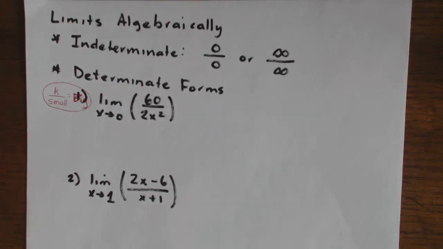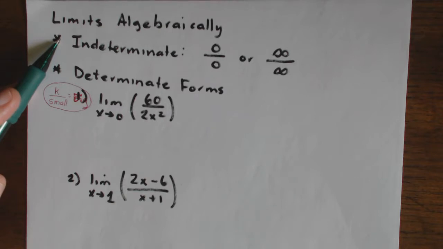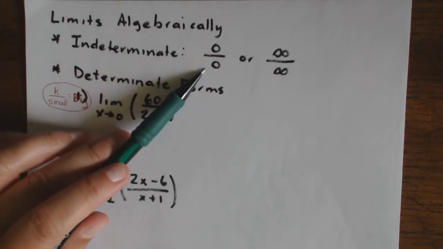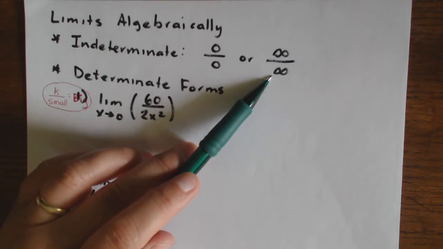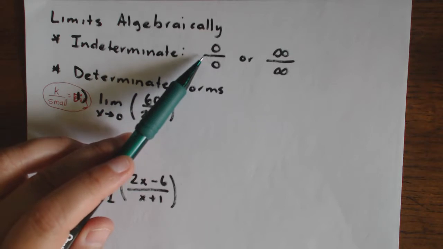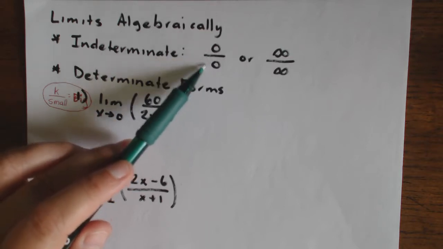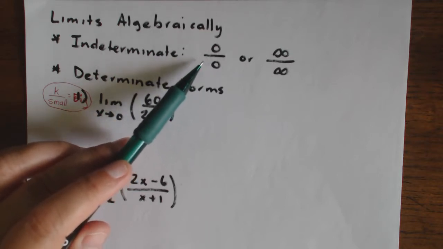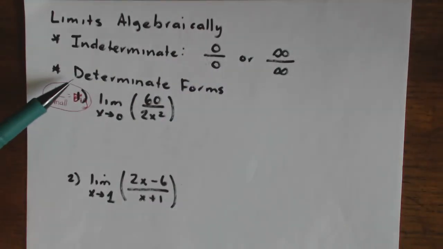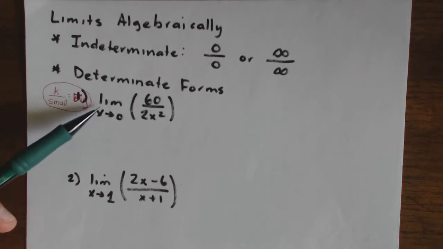Okay, sometimes finding limits algebraically, you sort of just have to think through. And the first thing, sometimes when you find limits, you'll get an indeterminate form. You'll get 0 divided by 0 or infinity divided by infinity. Now, if you get 0 divided by 0, it's important to know that that is not 0. That's just, you can't tell. And so you would need more calculus to calculate a limit if you got something like 0 over 0 or infinity over infinity. However, there are some determinate forms that you can find,